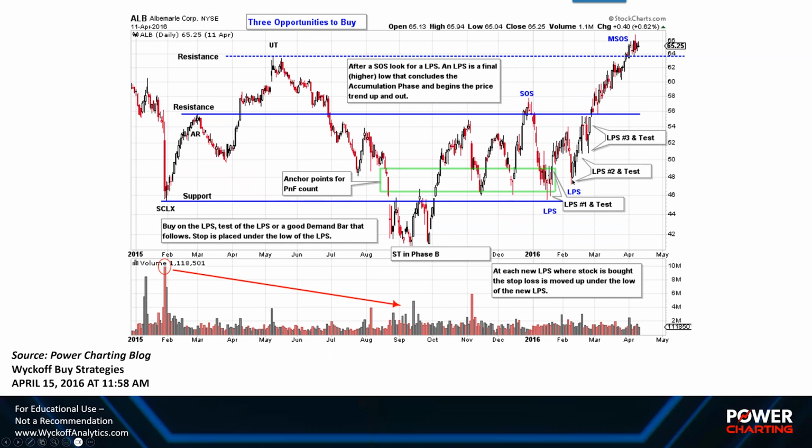One last LPS here, a test, strength thereafter, follow that up, so you have a buy zone at LPS 1, a buy zone at LPS 2, a buy zone at LPS 3, and you can see with the resistance that forms here, attempt to go up, pulls back one bar back to old resistance, new support, can't stay there, and immediately gets busy and goes into an uptrend. Now, all of this is considered to be completed accumulation upon that run up, and this shows absorption, ease of movement in the upward direction. This is the beginning of something more important.